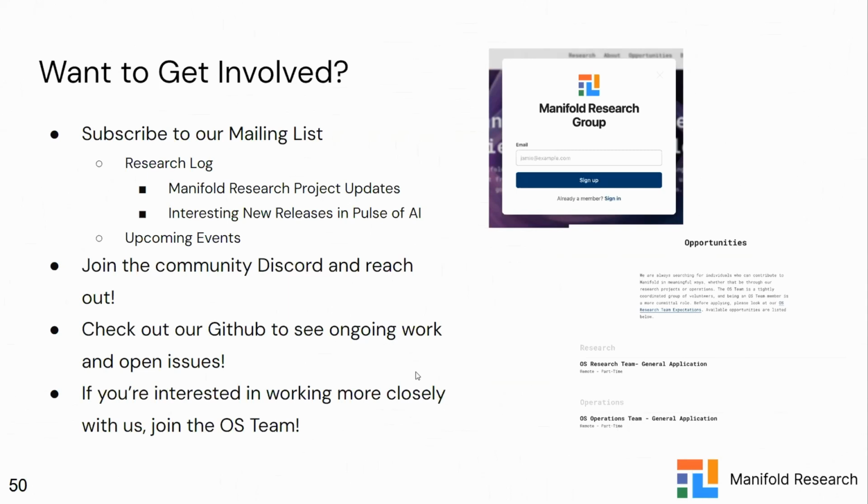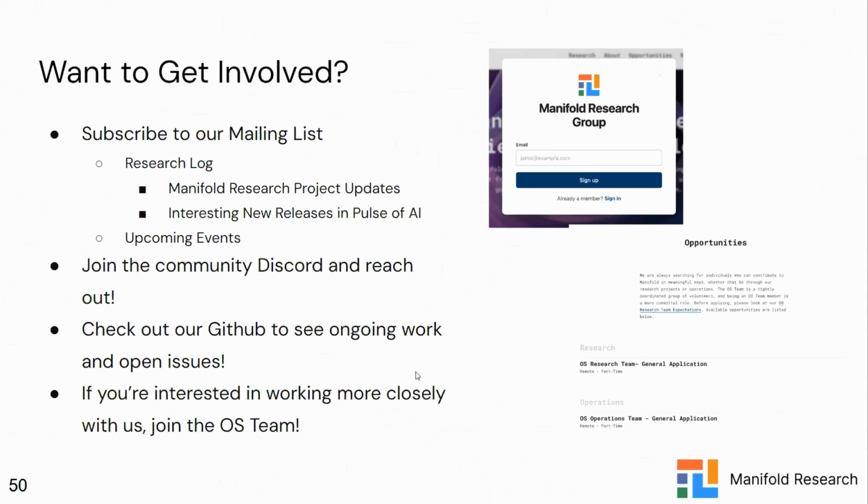We also include updates from more than just Manifold, other exciting updates across the field of intelligent systems. That section is called the Pulse of AI, and Luke works very hard on that every other week. So it's a high quality and good publication. I enjoy reading it every time.